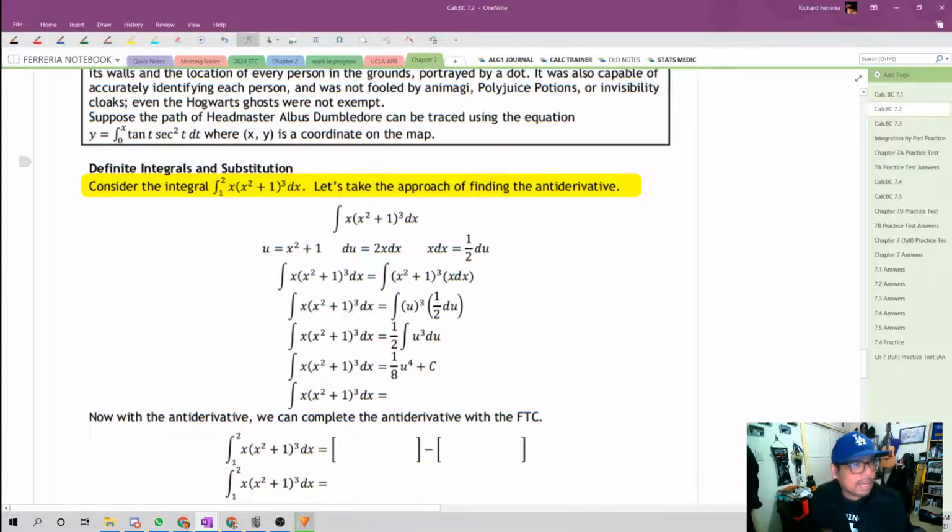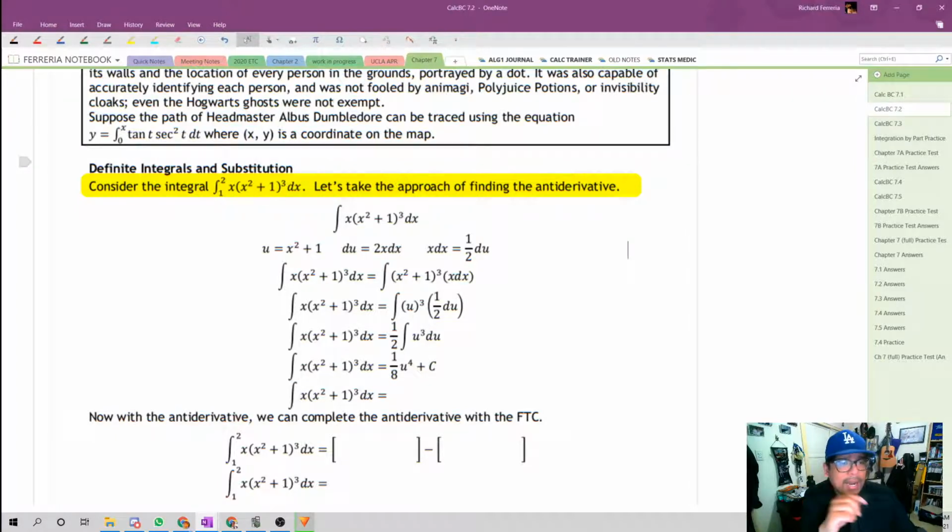We have the integral from 1 to 2 of x multiplied by the quantity x squared plus 1 cubed dx. The approach we're going to take here is to find the antiderivative first. So let's find the antiderivative. We see here we have a polynomial to the third power, also multiplied by x. Now the polynomial to the third power is x squared plus 1, and if I take the derivative of x squared plus 1,